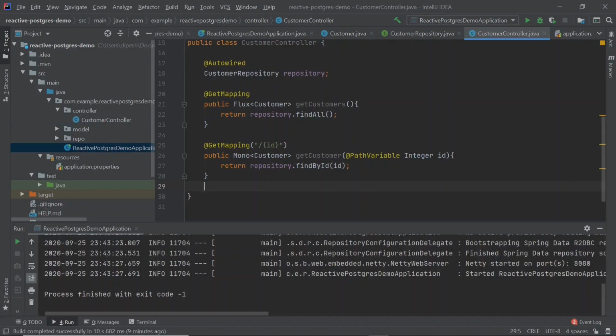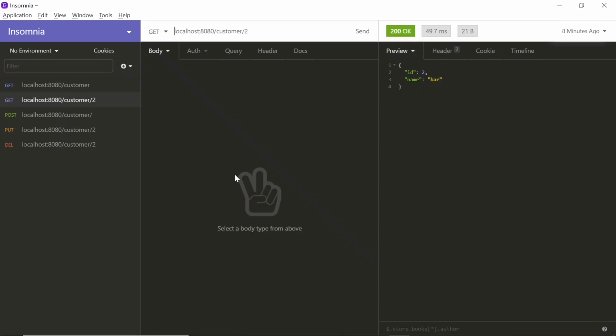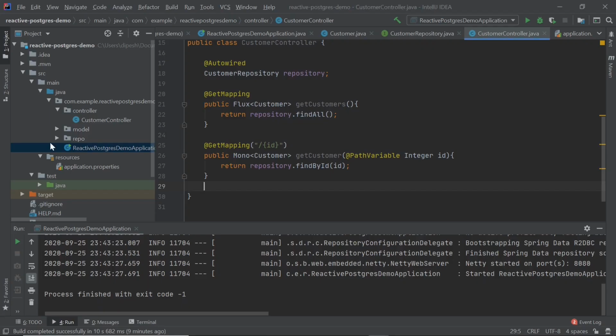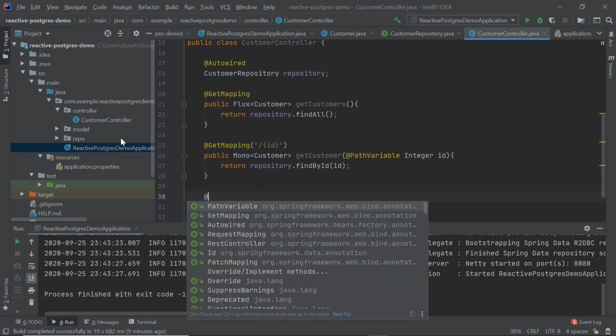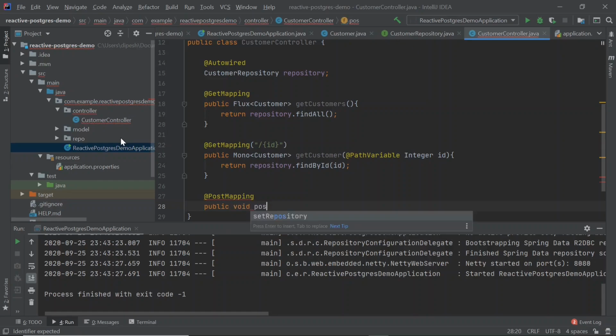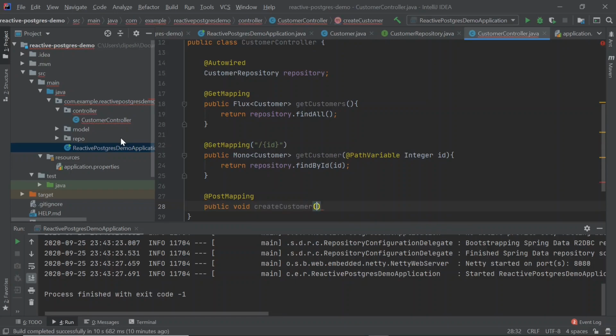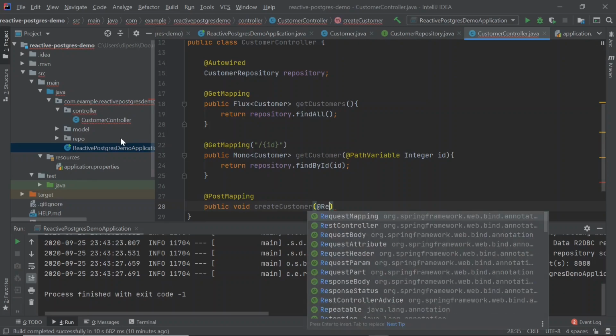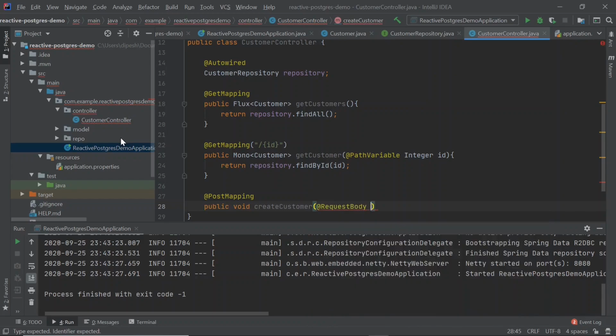Now after the get endpoints, we are going to implement the rest of the endpoints, which are post, put and delete. Let's start with post first. For post, we can use void as well. Here we are going to expect a new customer in a request body, so we are going to use the @RequestBody annotation.